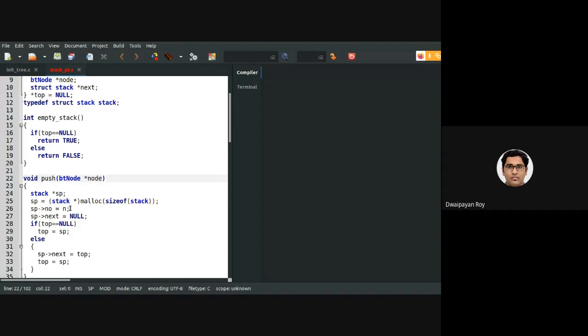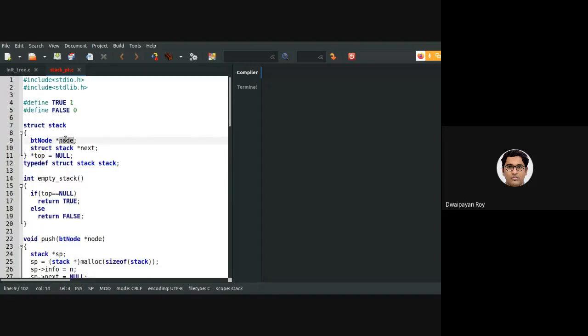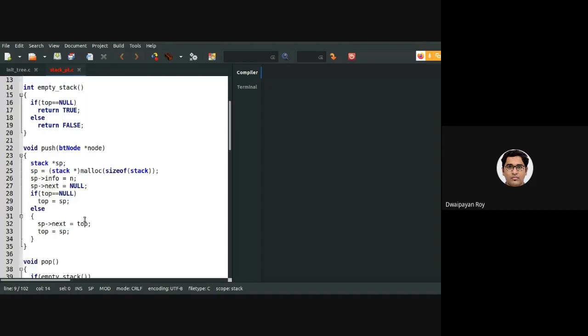For less confusion, let's make it info. So the stack contains info and next, and the info is of type BT node. So while pushing, the info part will contain this new node, and the next part will again be null.